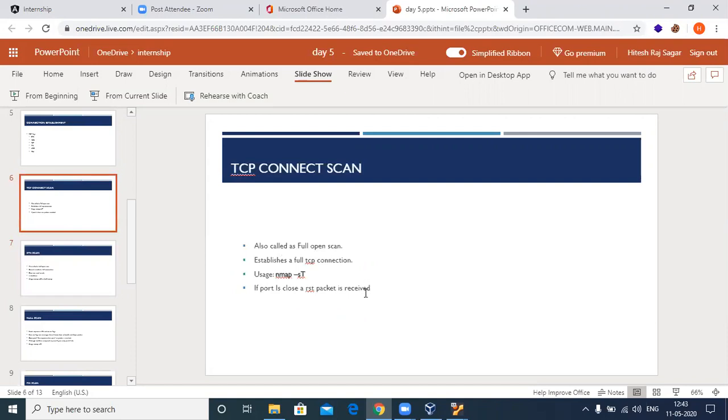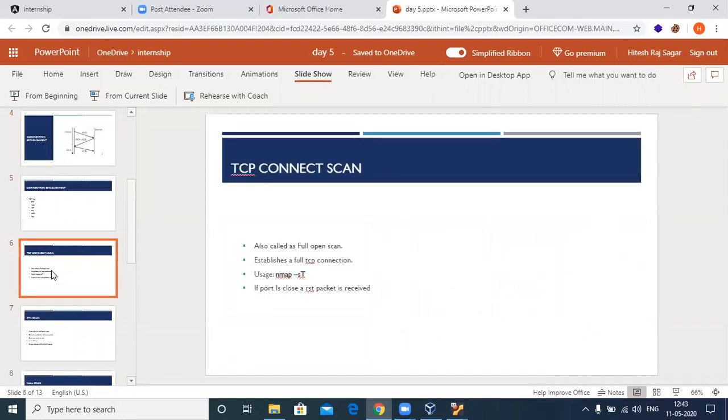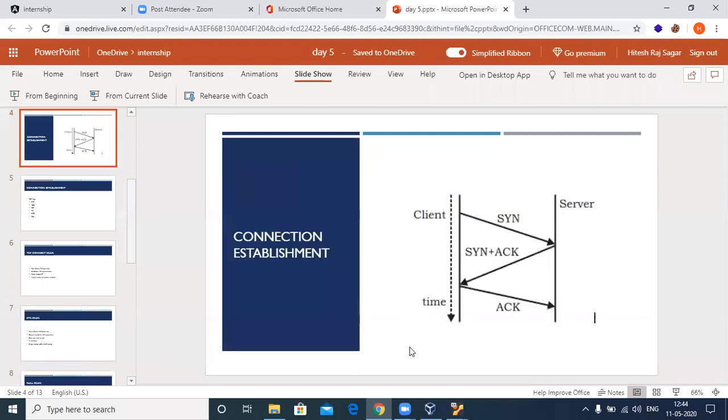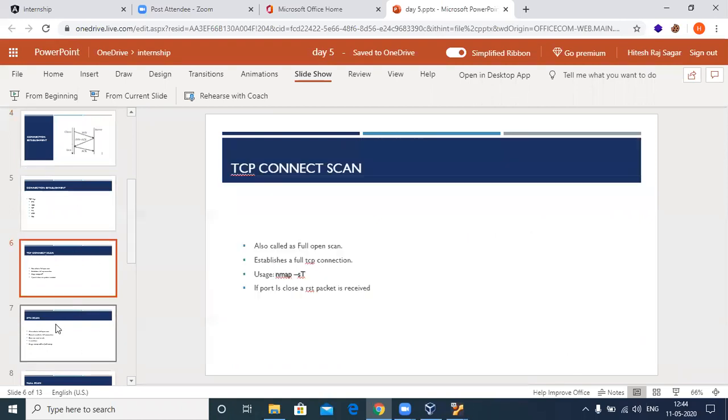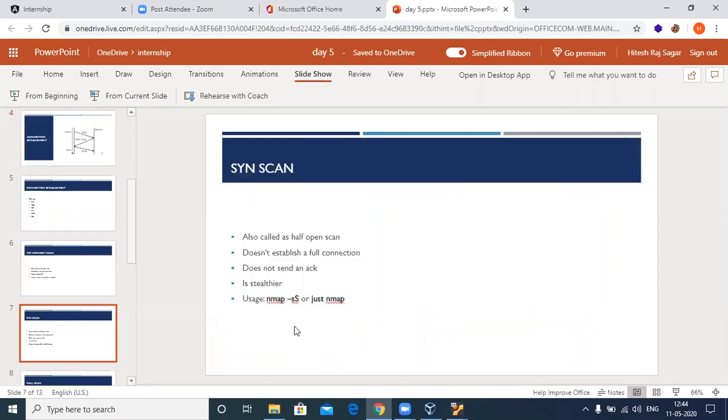In a full TCP Connect scan, you're actually sending the acknowledgement back, which will help that particular server or the victim to log it very clearly. Whereas in SYN scan, you receive the SYN ACK, but you don't send an acknowledgement packet back. You understand? So this is where the connection is left out. It leaves the server or the victim in confusion, without receiving an ACK and without any establishment of connection. It just leaves it over there. So that will be in confusion and can't decide who this is. So this is something about SYN scan.